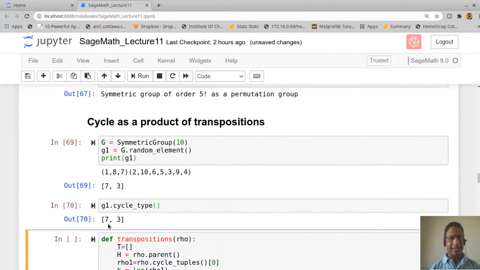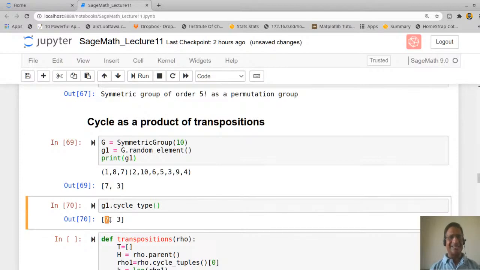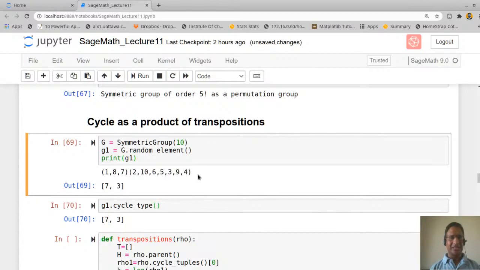So it is giving a list where the first element is the length of the largest cycle. So in this case the largest cycle is 7, and the second one is 3, 7 and 3, right? Therefore it prints the list in which the first element will be the largest cycle, the second element will be the second largest, and so on.